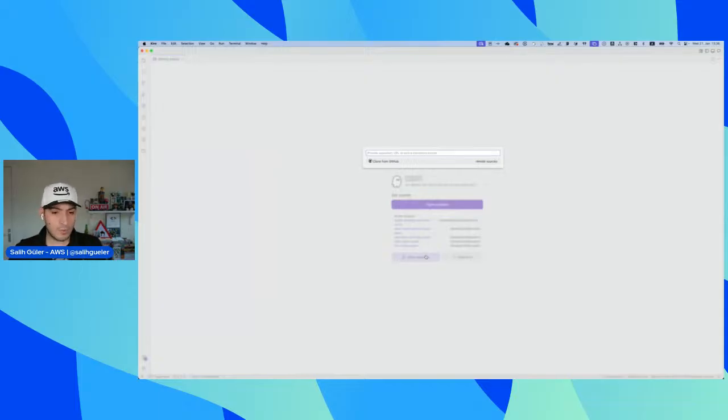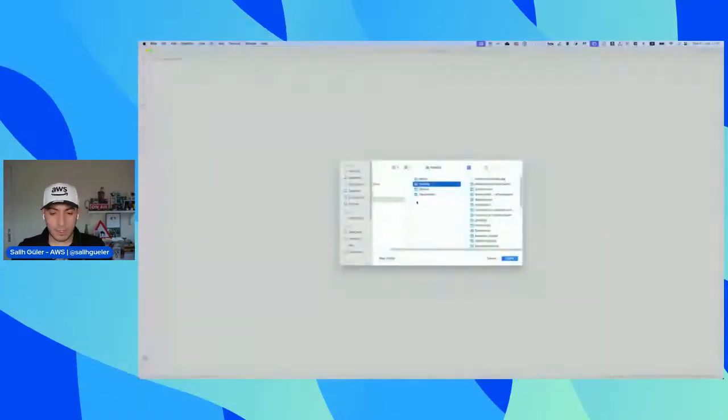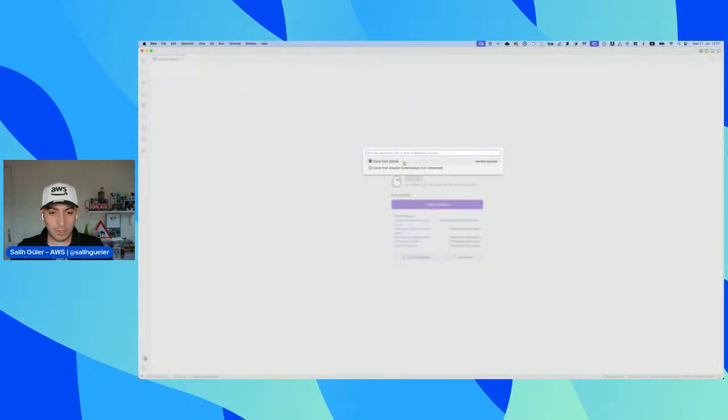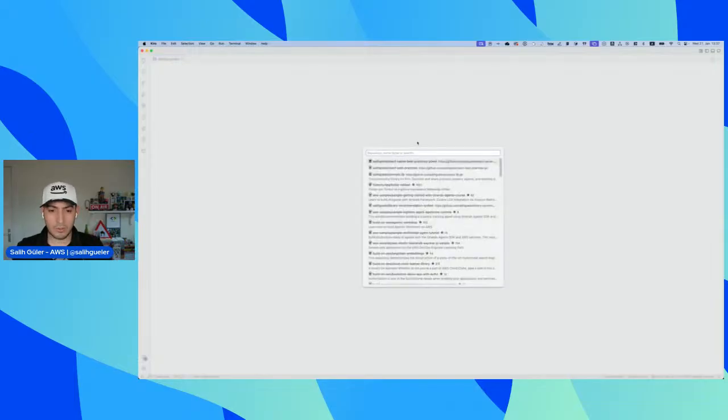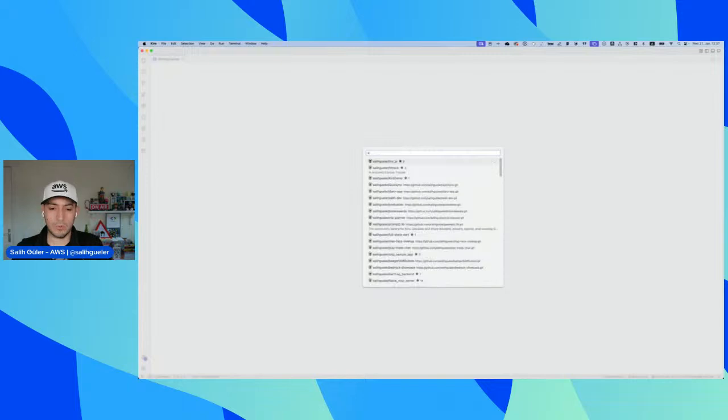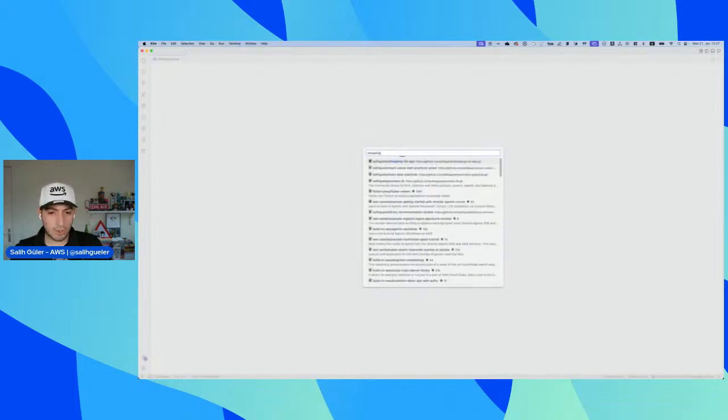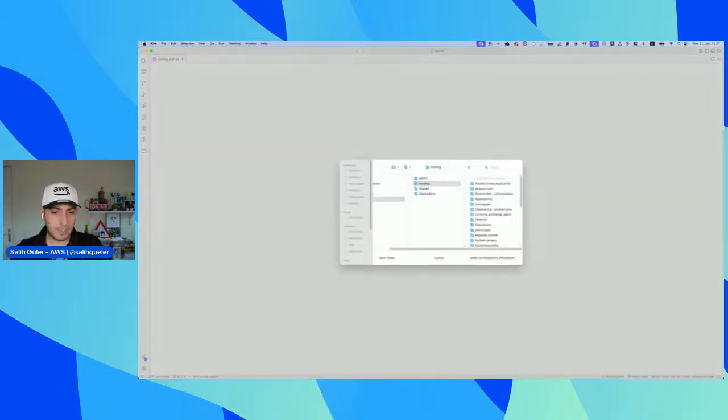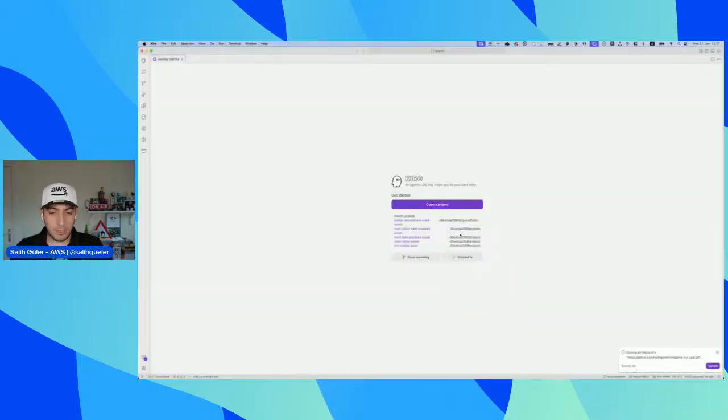So first things first, what we are going to do now is, okay, my screen is gone. So let me bring that back. All right, first thing that we are going to do is to actually clone a repository. And the repository is called, what was it called? I think it was like shopping list app. Yes. The shopping list app is